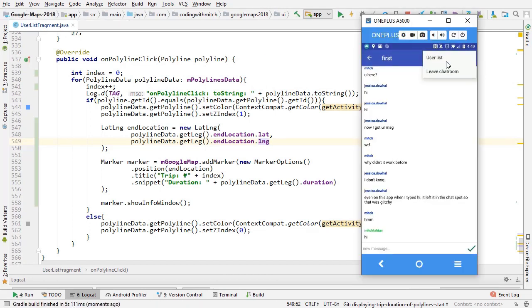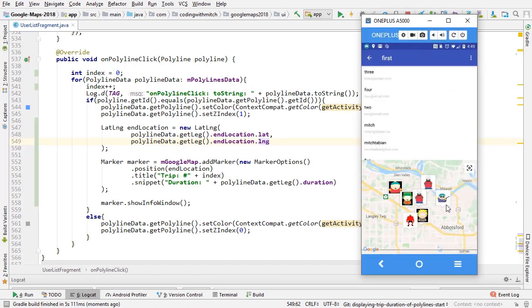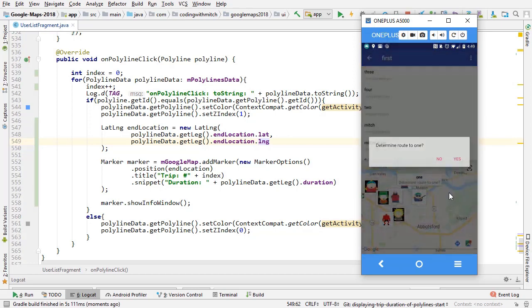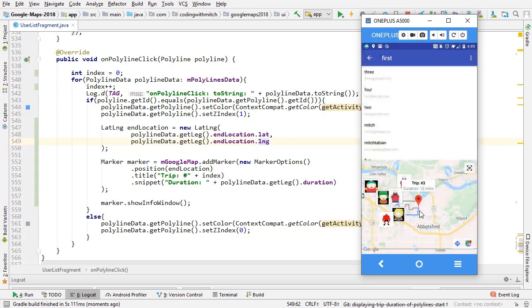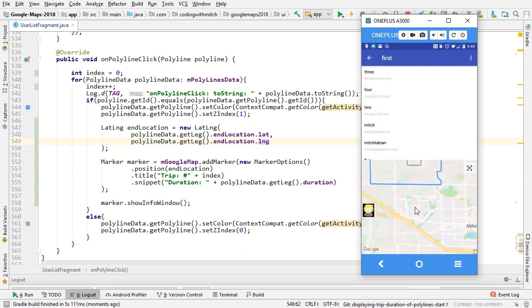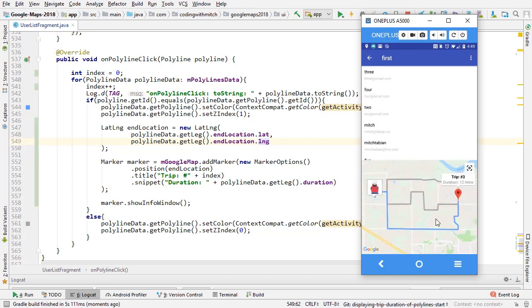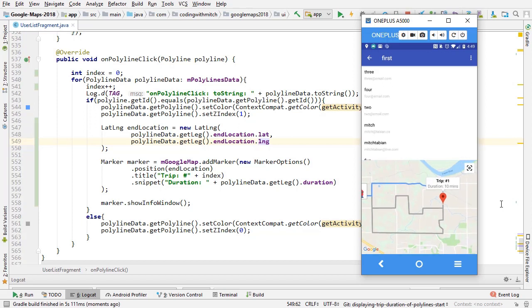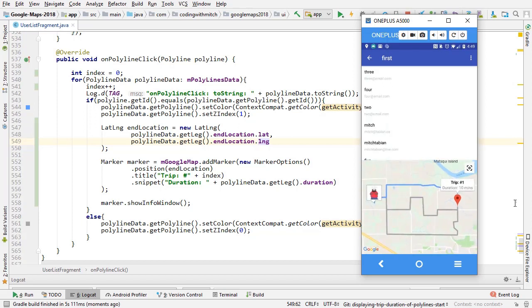Go to the chat room. Go to the fragment. Click on one of these, calculate the route, and there we go. So that's good. So we have the routes being drawn on here. We have the trip duration, the trip number. If I select the different routes, you can see it's changing. So trip 1, trip 2, and trip 3. It's highlighting. It's giving me the different durations in the info window, and the markers are dropping just like they